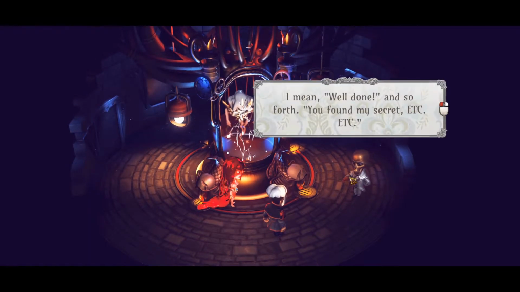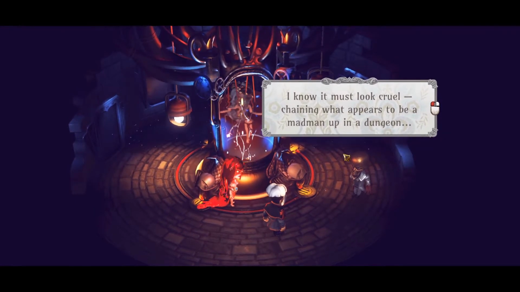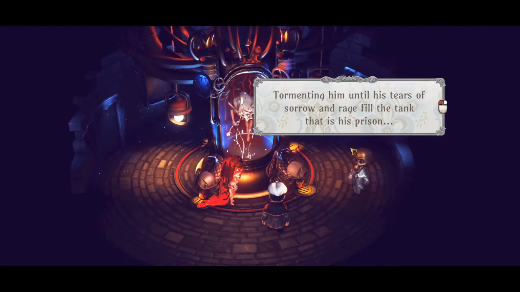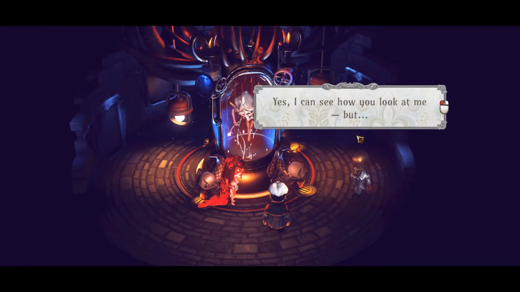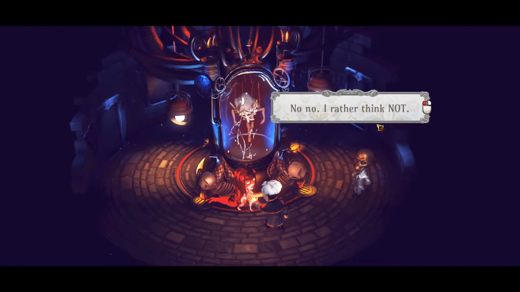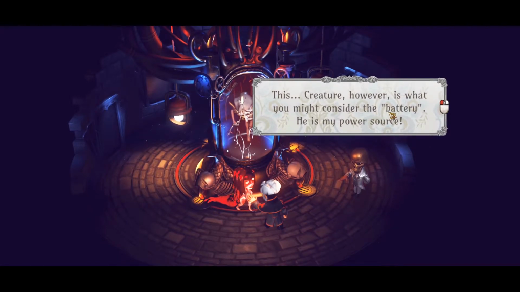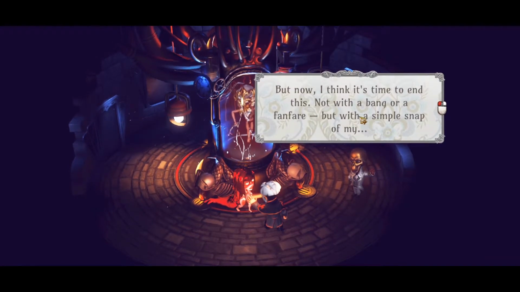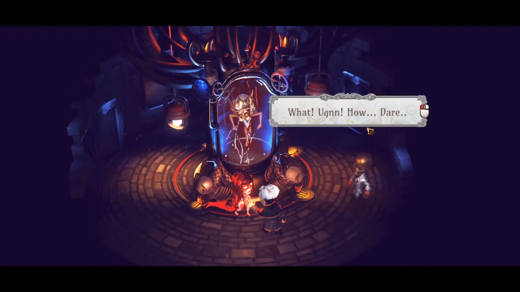Well, this is utterly tiresome. I mean, well done and so forth, you found my secret, etc, etc. I know it must look cool, chaining what appears to be a madman up in a dungeon, using these mirrors to show him the guest being murdered over and over again, tormenting him until his tears of sorrow and rage fill the tank that is his prison. But it's all very necessary, you see. Yes, I can see how you look at me, but... Boone, take this, get up the... No, I rather think not. Yes, that's better. I control every part of this world. This creature, however, is what you might consider the battery. He's my power source. The two of you were the only aspects outside my grasp. But now I think it's time to end this, not with a bang or fanfare, but with a simple snap of my... What? How dare...